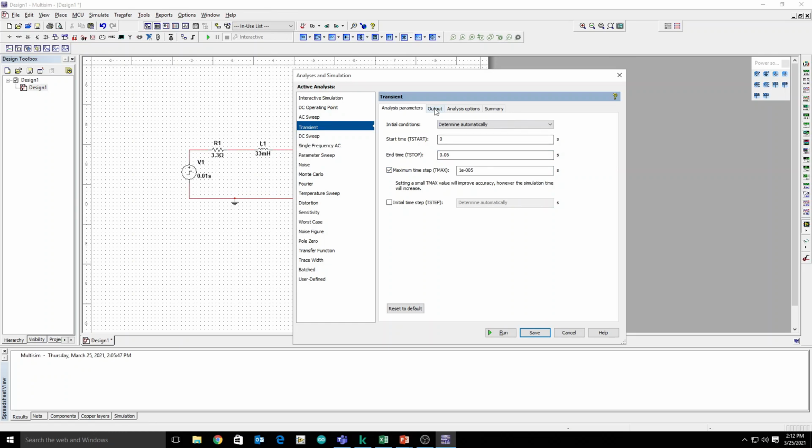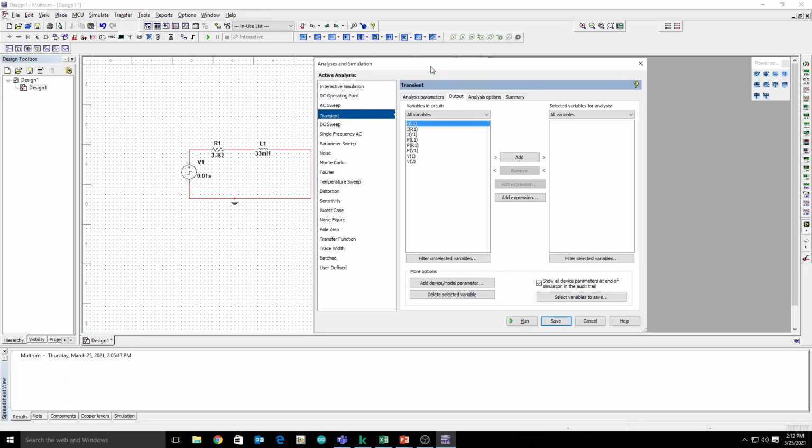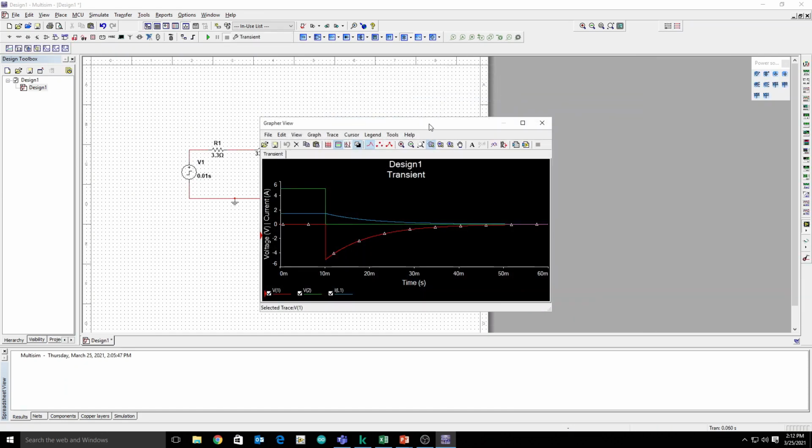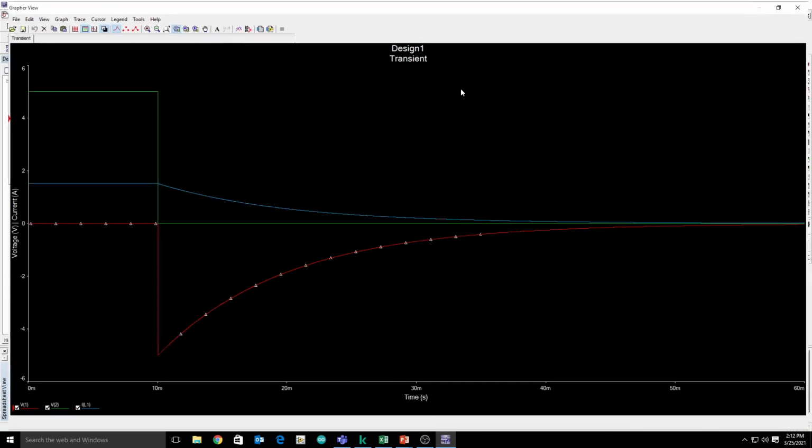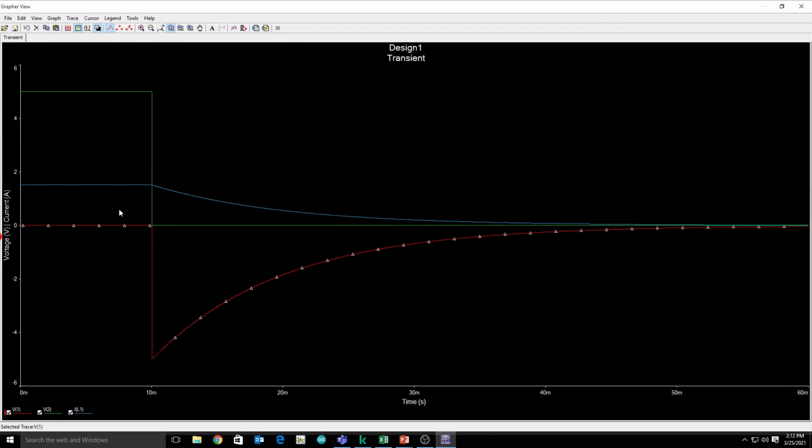Now go to the output. We have to see the current, V1 and V2. Okay, run. So here we got the graph. This green line is basically the input step voltage, which is 5 and going to 0 at 10 milliseconds.